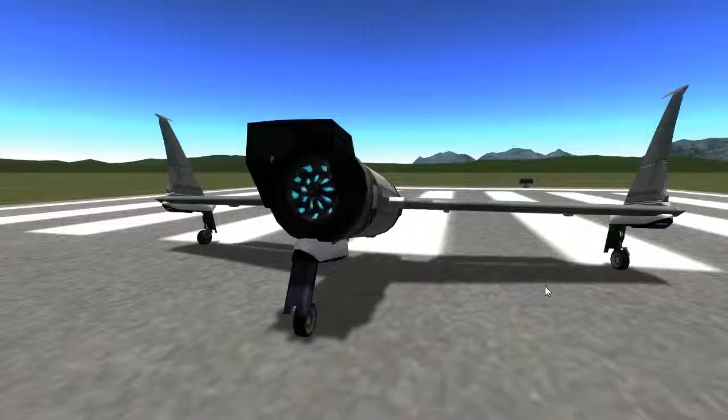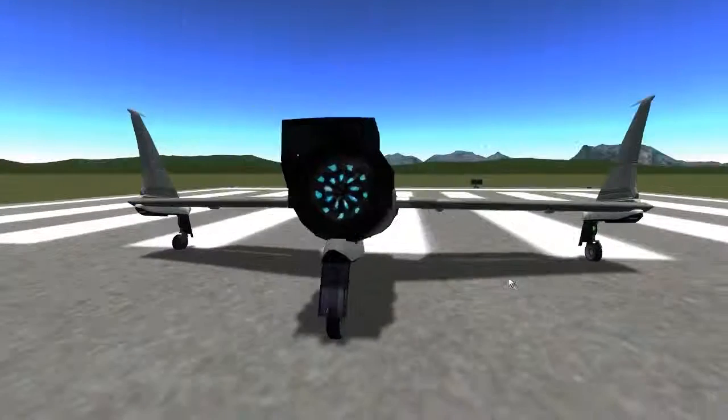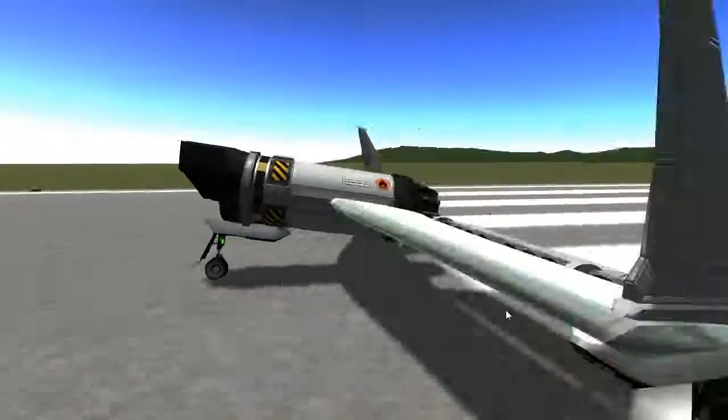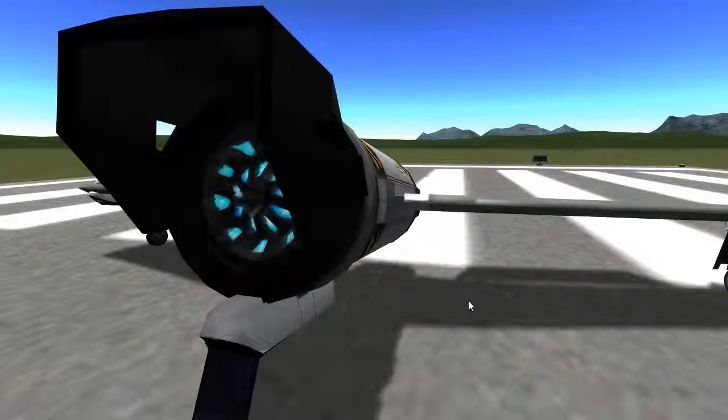Hey guys, so I'm gonna continue my missions in the Jool system. Today we're going back to Laythe. I did send a probe out there in the first video, but you know, probes are boring. They just kind of float around, bleep bleep bleep. Yep. So today I'm hopefully gonna send a plane, a rover, and a landing pod, a lander with some crew